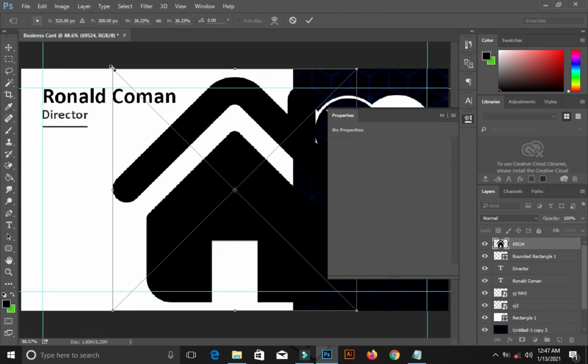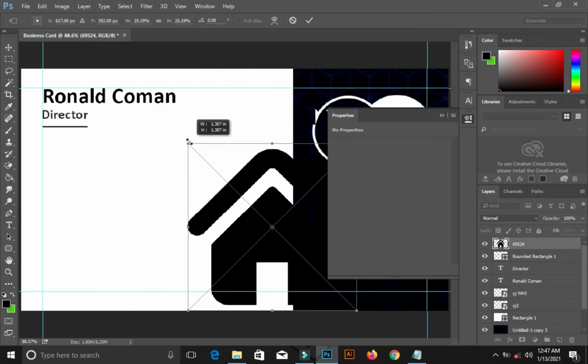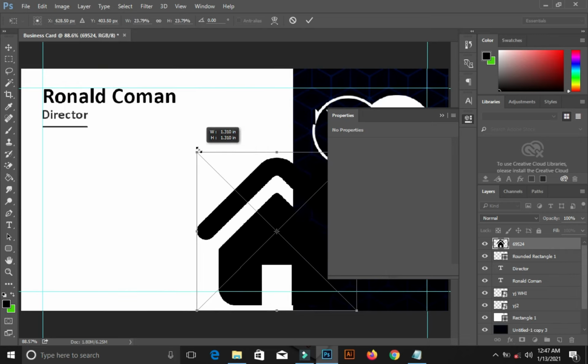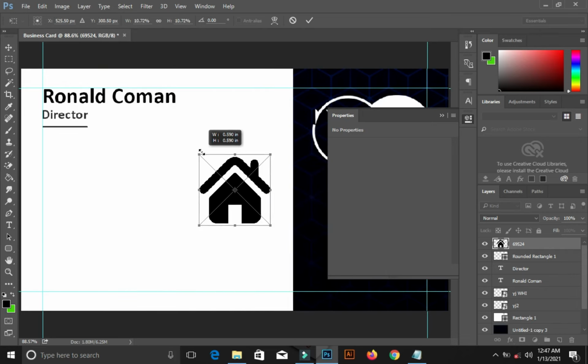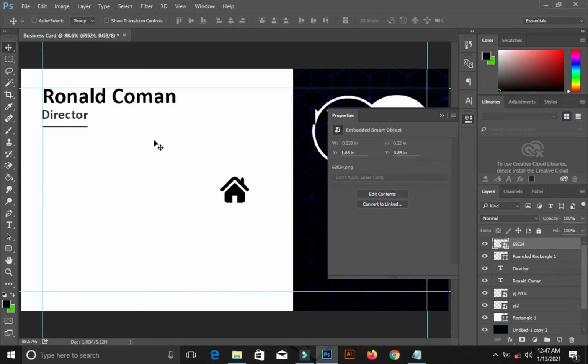Okay, I will size it. I'm resizing holding only the shift, or you can resize to the middle by holding your shift and alt like this. Release your mouse first before releasing the keys of your keyboard, and check. Come here, you place them this way.